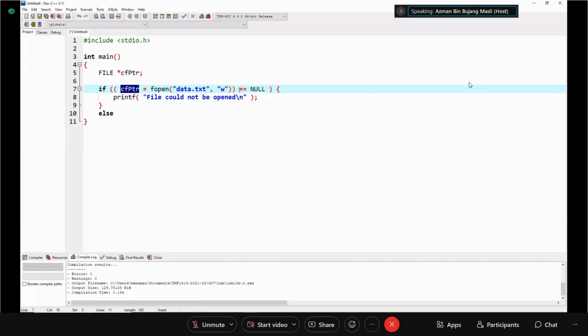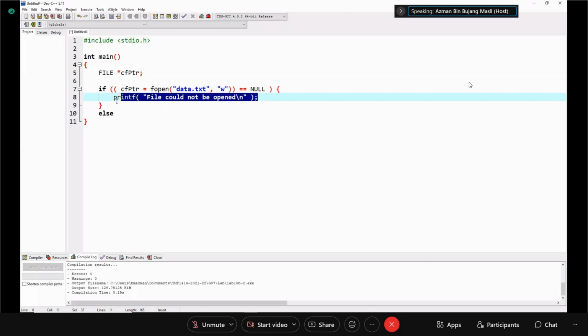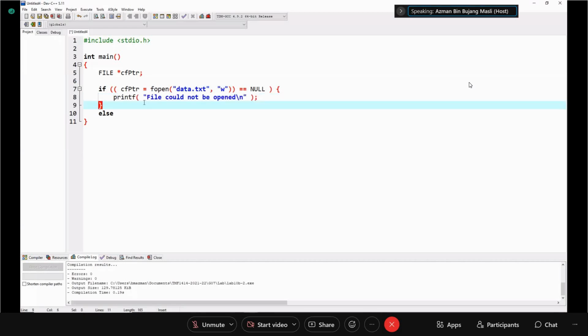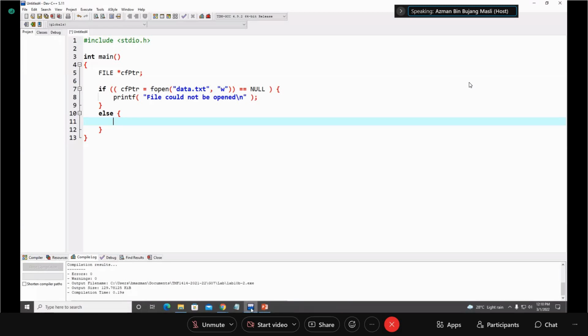Here you check for null value, and if that happens, then you display this to the user: file could not be opened. But if you can open the file, then you get to the else part. Since you can open the file, then you can do more things to the file.